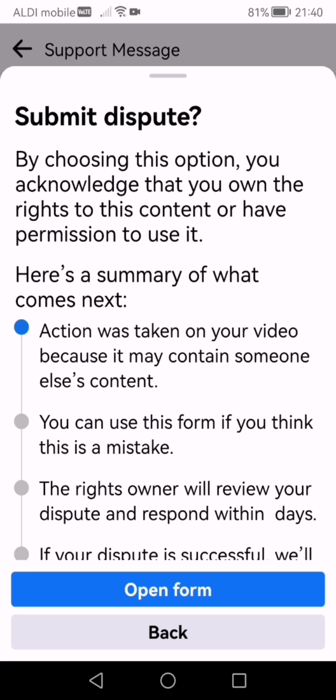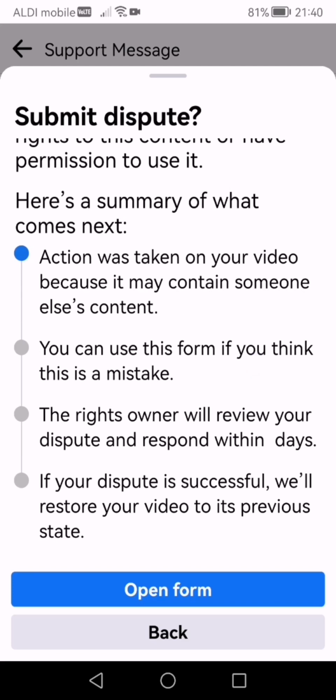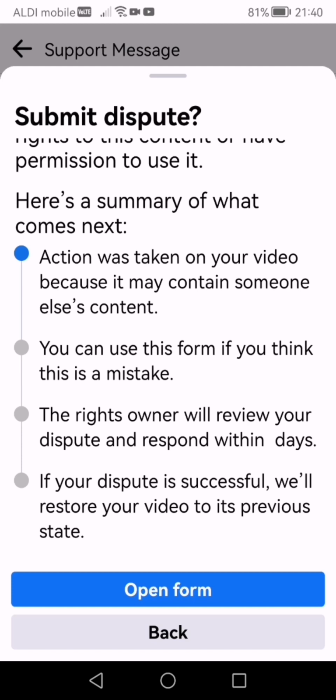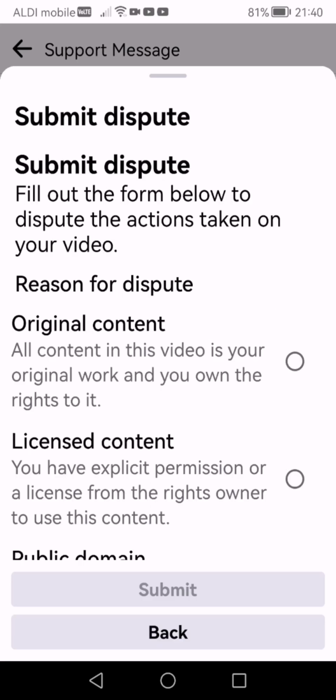By choosing this option, you acknowledge that you own the right to this content or have permission to use it. Here's a summary of what comes next. Just read all of this. Action was taken on your video because it may contain someone else's content. You can use this form if you think this is a mistake. The rights owner will review your dispute and respond within days. If your dispute is successful, will restore your video to its previous state. So, open form,